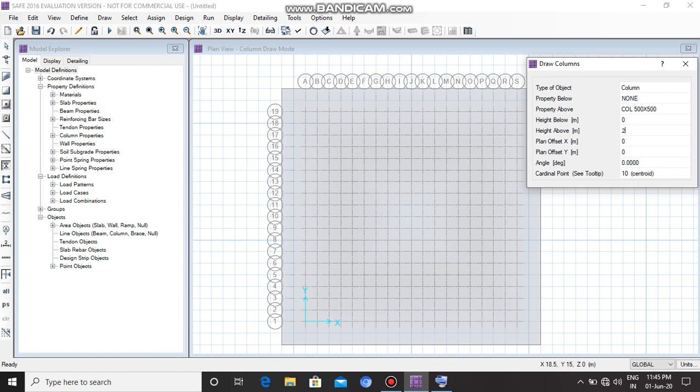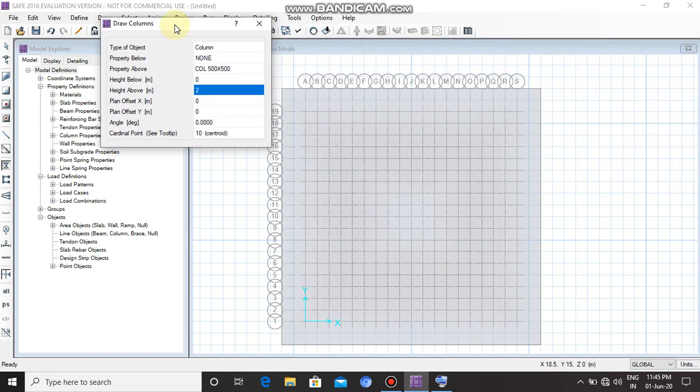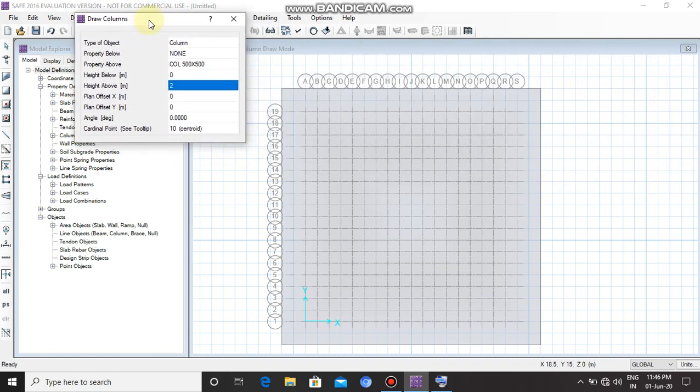So place this column in the position except these 4 columns. C1, C2,